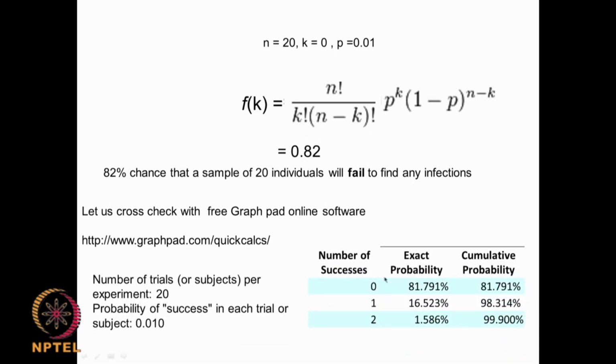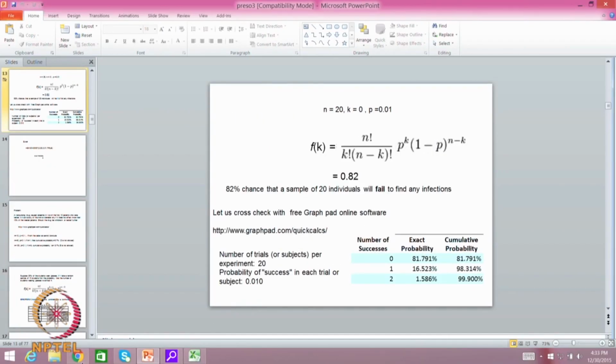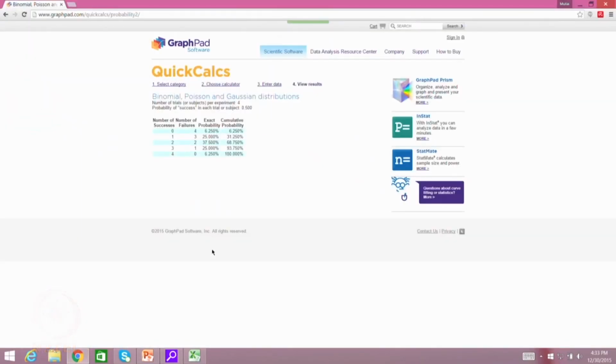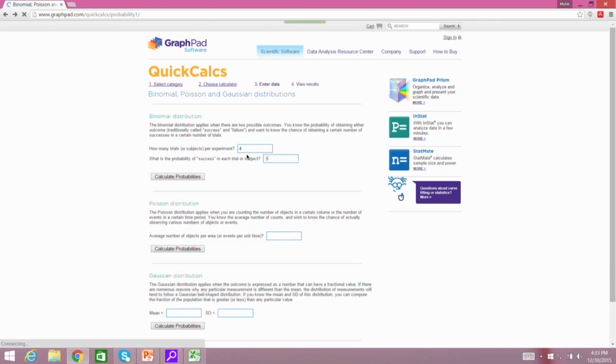Okay, for example, same thing for getting 0, it gives you 81% or 82%. So, if I want to find at least 1% with that, 98% will happen actually. Same thing we can do using this. So, what we do, we will go to the GraphPad and then I go back and I will